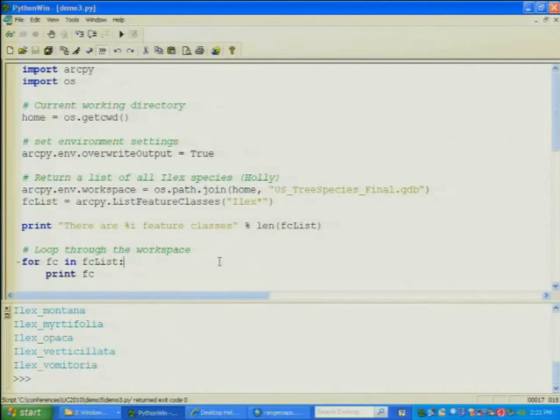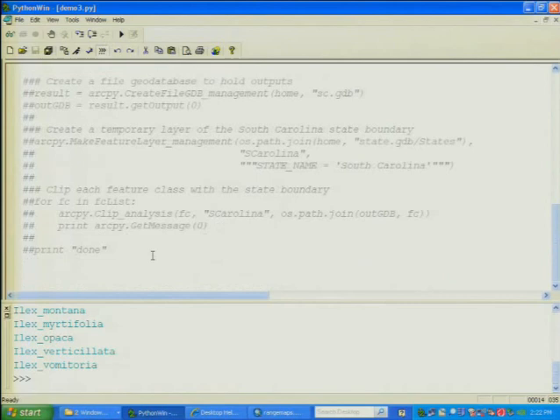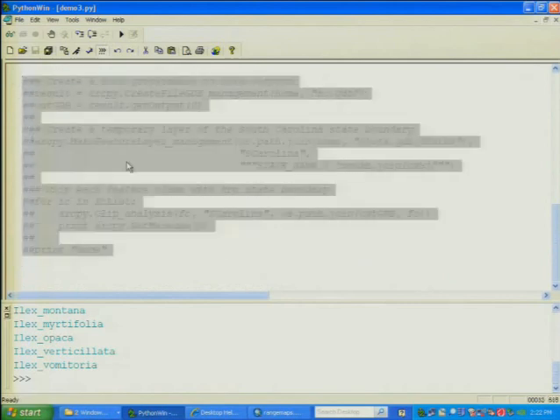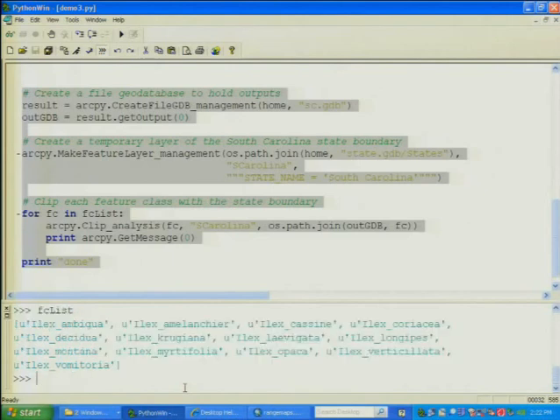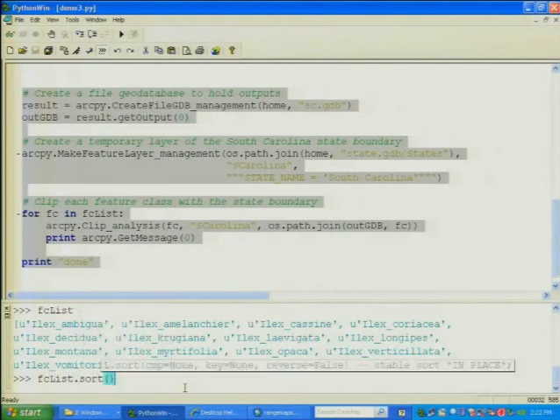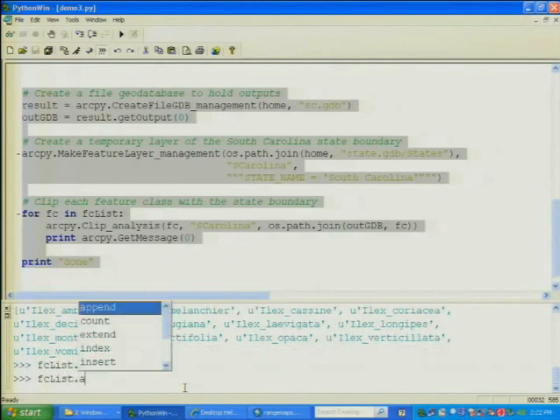Now, of course, just walking through something and printing it really isn't that exciting. So I have this other code down here that I wrote. We'll do something a little bit more. Drew spent a little time talking about lists, but if you want to just look at a list, you can just type it in here, like here at the bottom, and it will reveal its contents. If you want to sort that, or you want to append something to it,